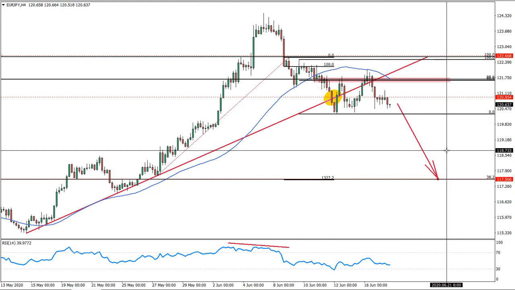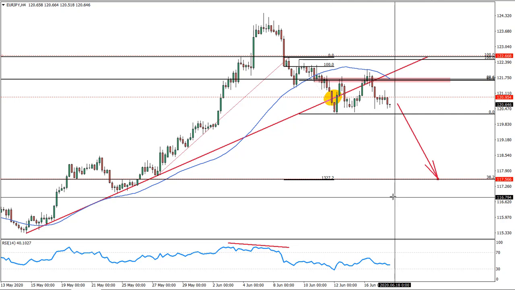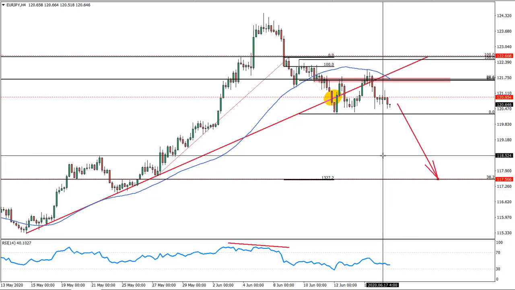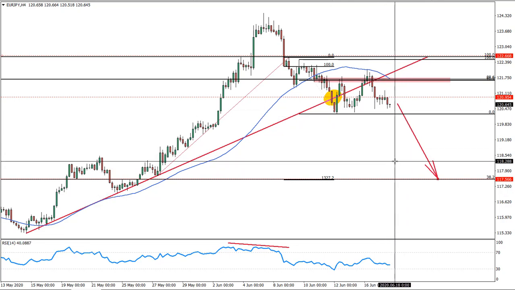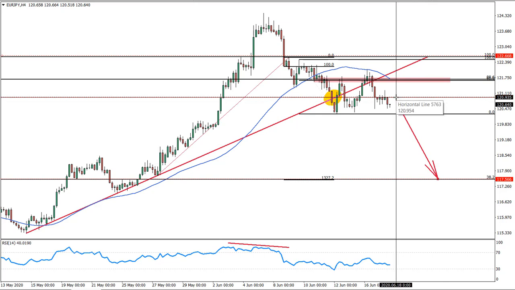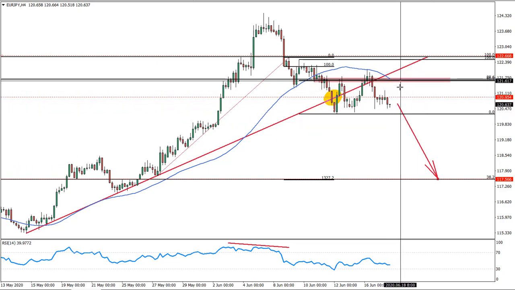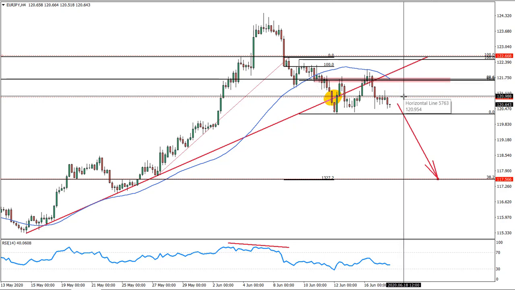If you remember, we were speaking about the Swiss franc Japanese yen. These currency pairs are quite correlated, and we might see Swiss franc Japanese yen moving down too. But here, the ideal entry point would be at this price, basically 121, which is key psychological resistance. I would expect price to rise back to this area between this resistance 121.70 and